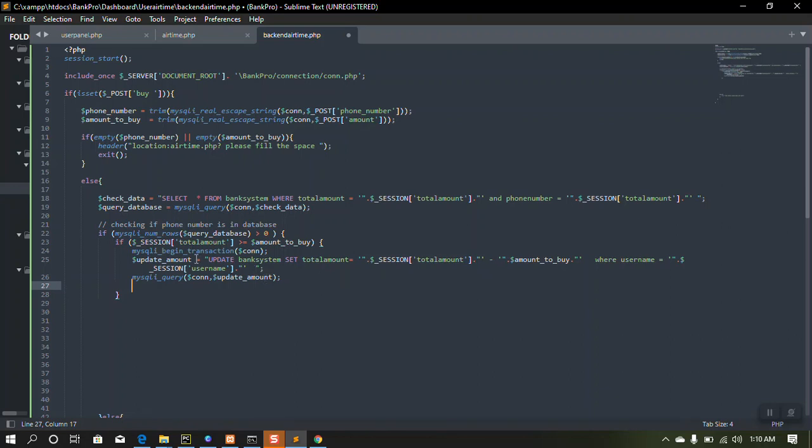Like that. So what we did here was that we say, okay, update bank system set total amount equals to the present session, which means the present account that is logged in, minus the amount to buy, which is what's up here, where the username equals to the present person that is logged in. Okay, so